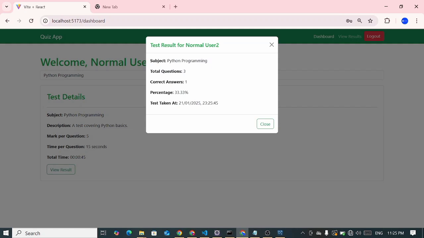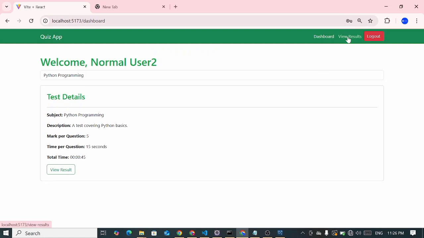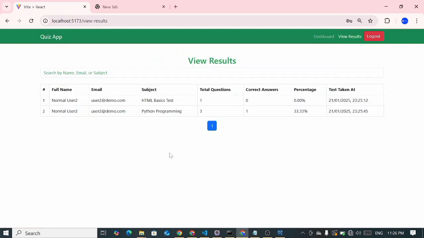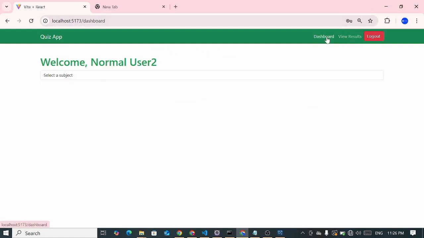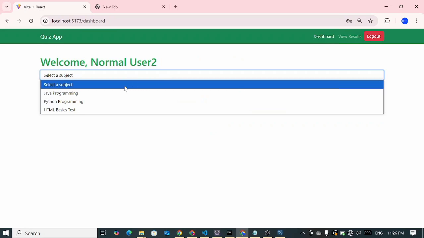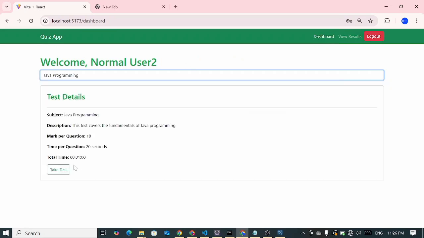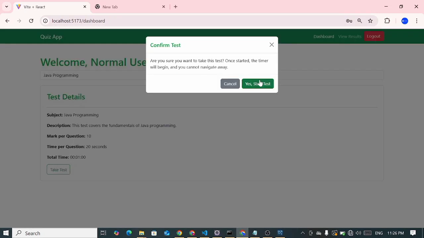Oh, correct answer. Probably during the setting, I think that is where I did not set it correctly. All right, so now we have this. All right, so if I come here now, I can view my result as well. Okay, so if I go back to the dashboard here now, for Java also, let's try to answer the Java